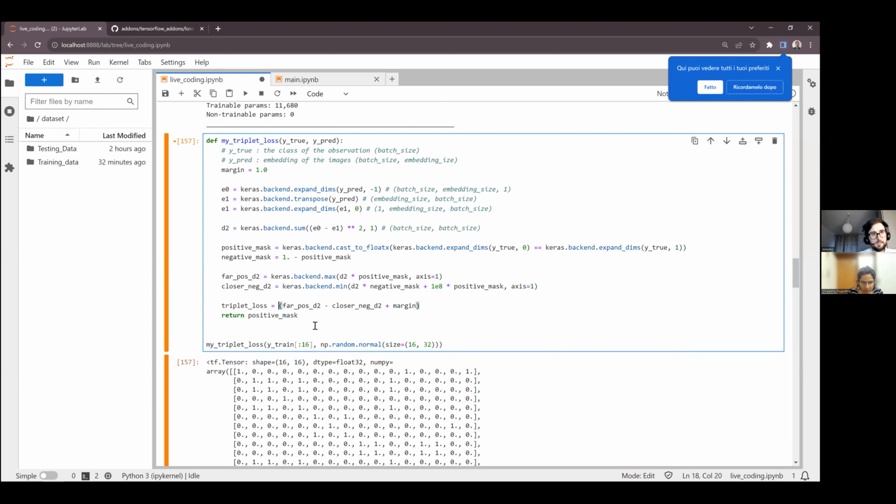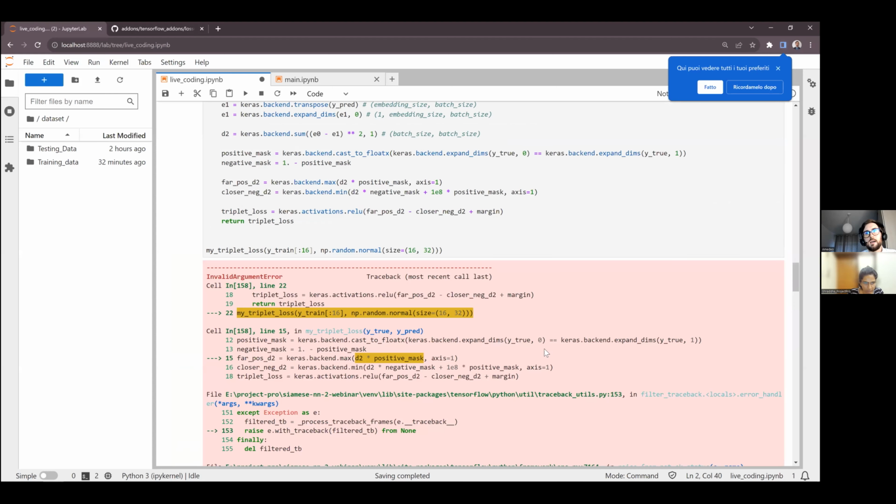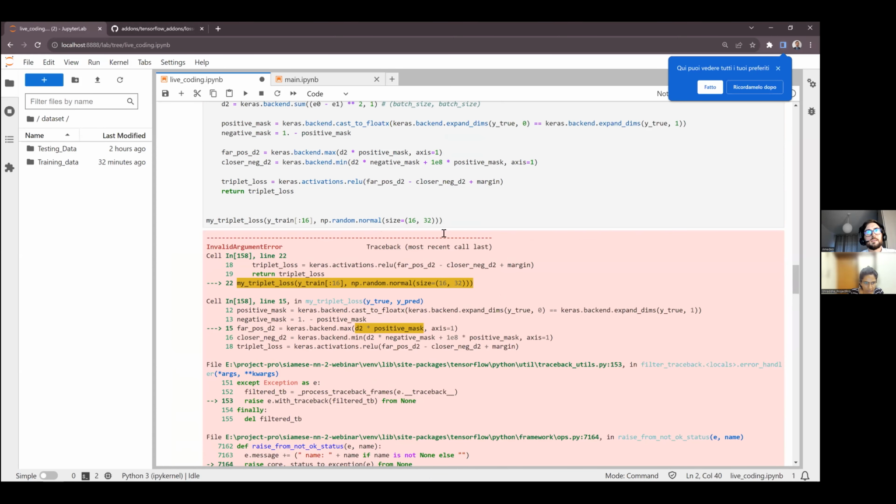So what we can do is Keras activations ReLU, since ReLU is the maximum between this value and 0. And we can return the triplet loss. This has type float 32.